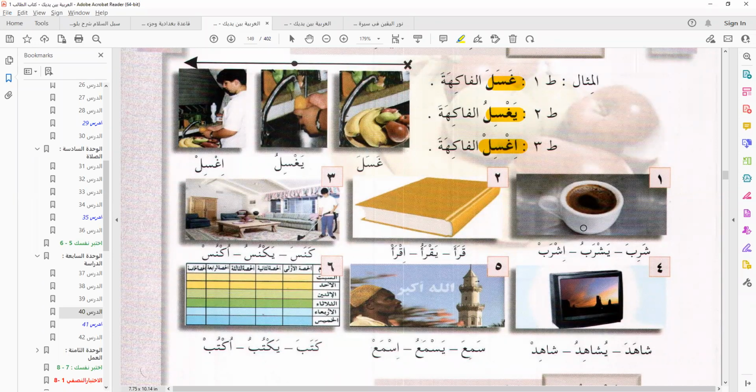So an action is being performed: he is drinking the coffee. Now, Ishrab al-Kahawa. Drink the coffee. So he doesn't like coffee, and I'm trying to force him to drink it. Drink the coffee, come on. Ishrab al-Kahawa. That is when they use Ishrab. So Shariba al-Kahawa, Yashrabu al-Kahawa, Ishrab al-Kahawa. So very simple. Let me have someone quickly go through 2, 3, 4, 5, and 6.